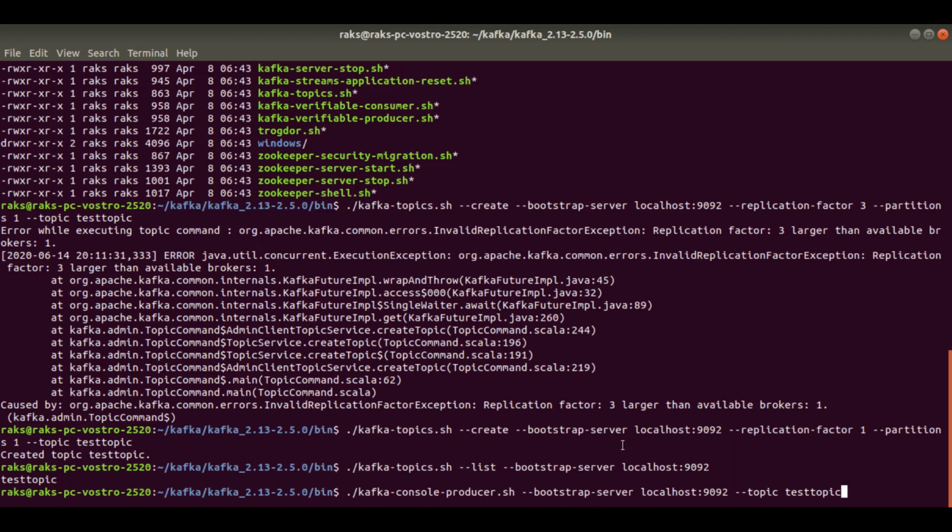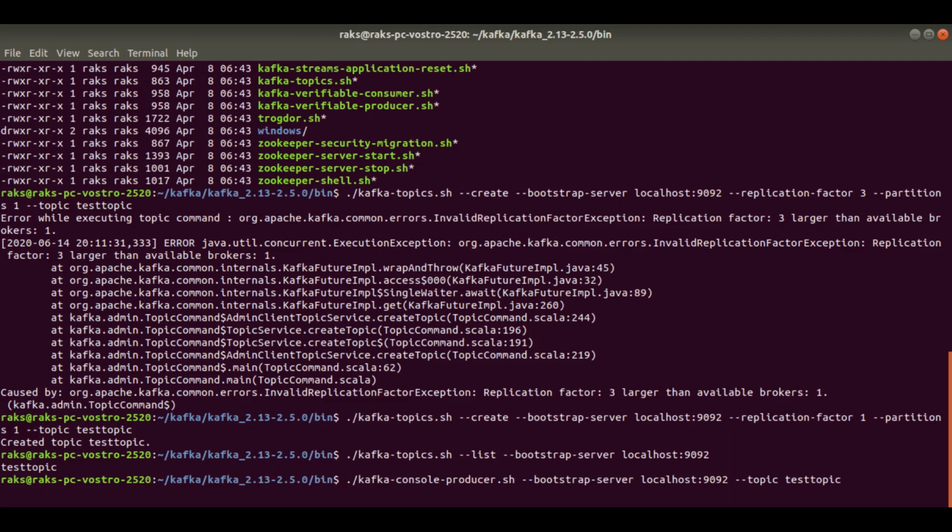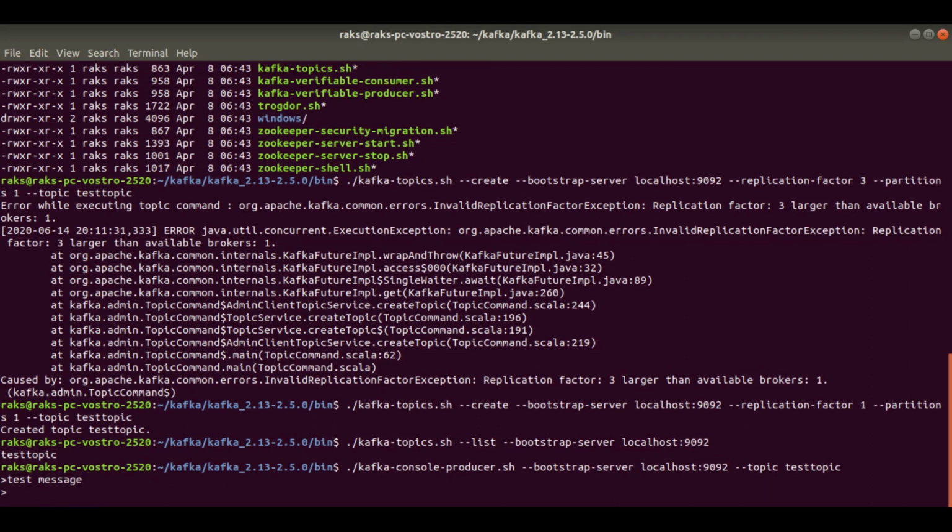Just paste it here and press enter. Now the console is listening for your input. Whatever input you enter here, just type enter, then one message will be produced. So we are going to produce a test message. This message has been produced.